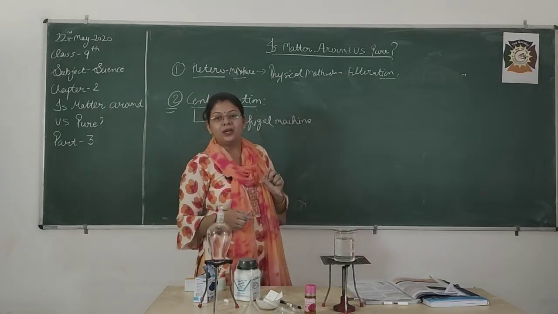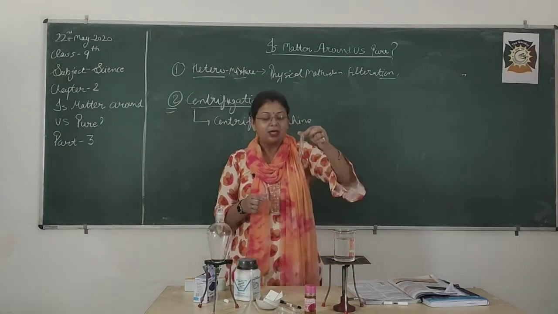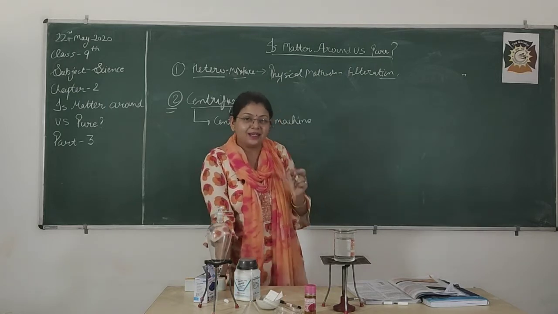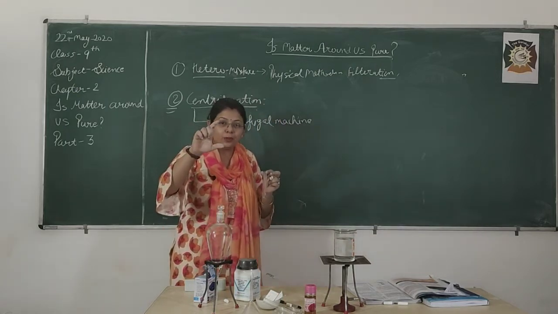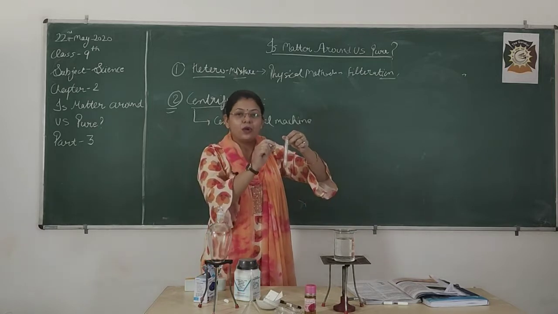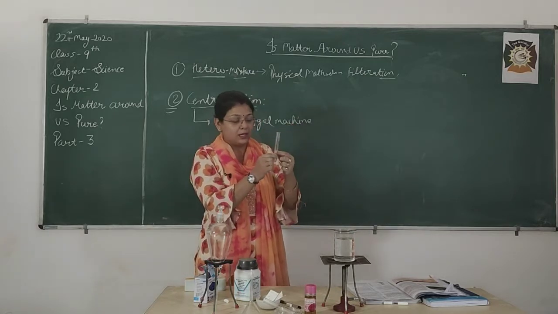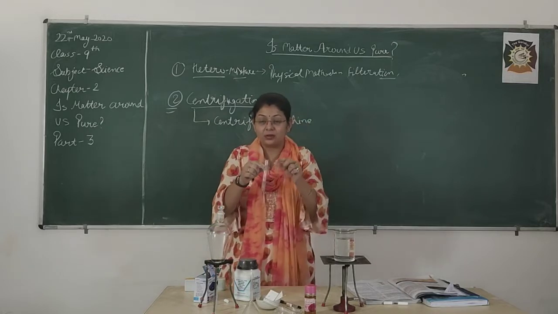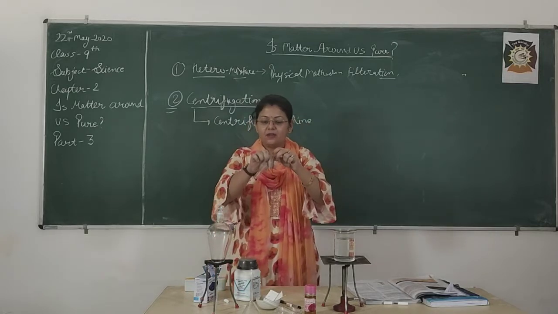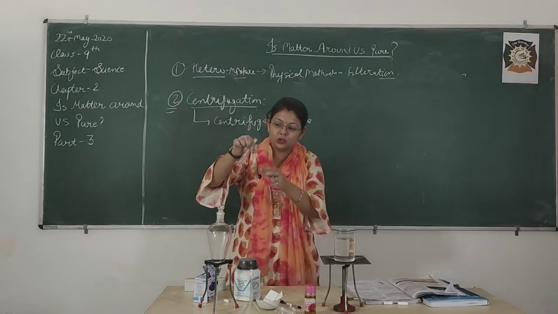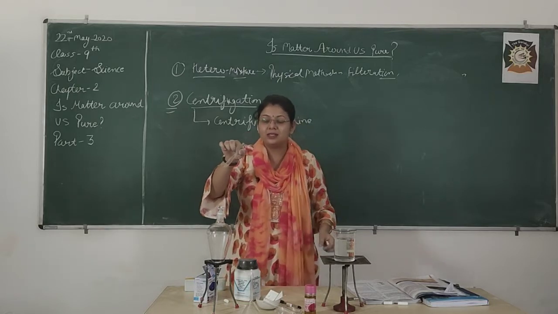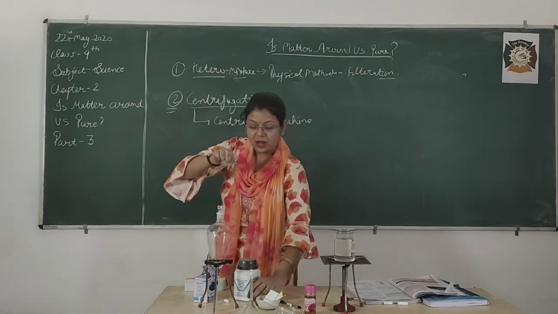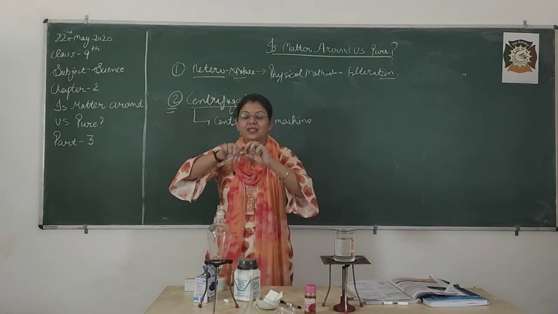What is going to be done with this centrifugation machine? Supposedly in the laboratories, when you give your blood samples, they collect the blood sample into a small tube. After this, what are they going to do? They pour the blood into the test tube, and in the centrifugation machine, just imagine there is a holder like this. They are going to place the test tube in this position. It is not straight, it is in this position, and when they switch on the machine, what is the machine going to do?